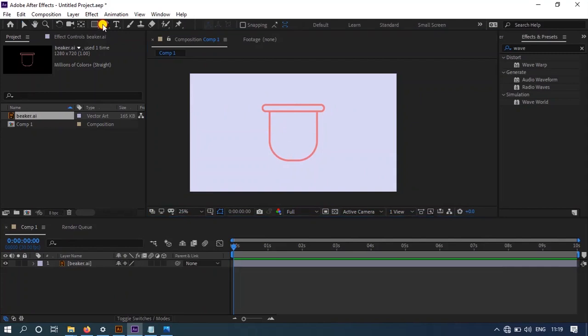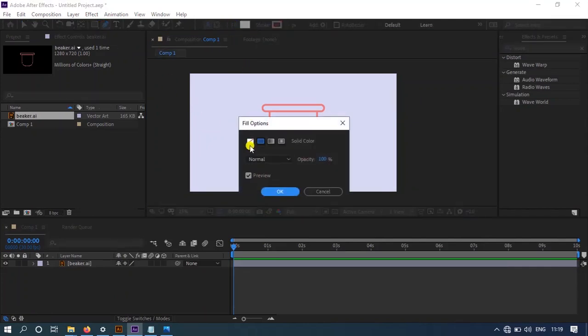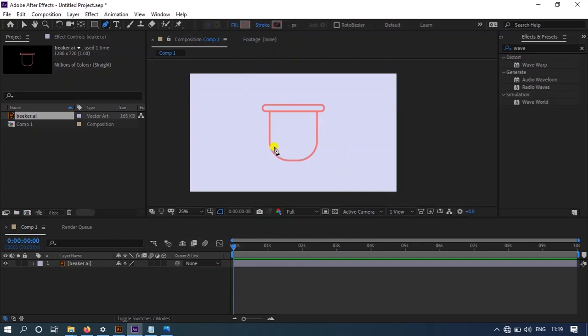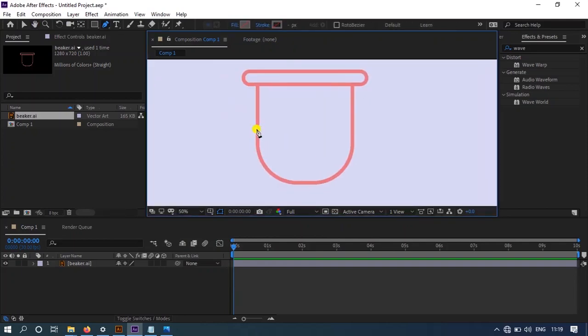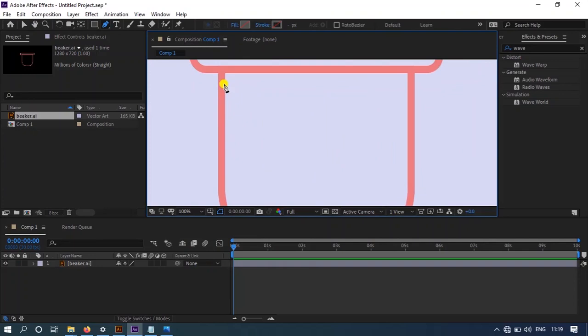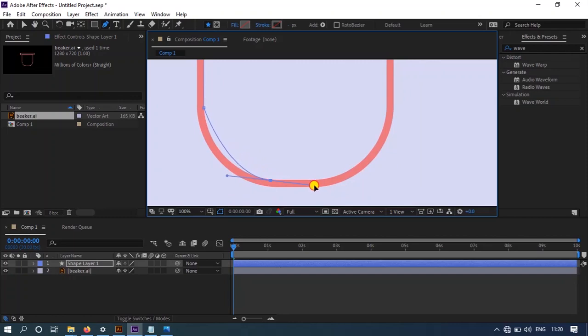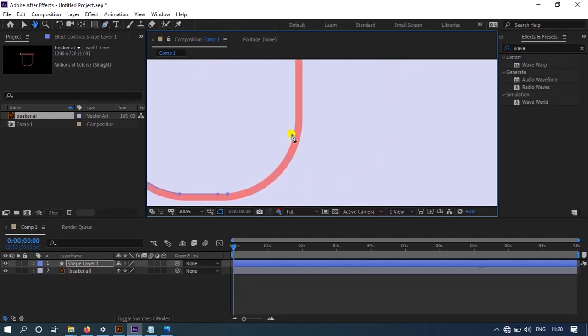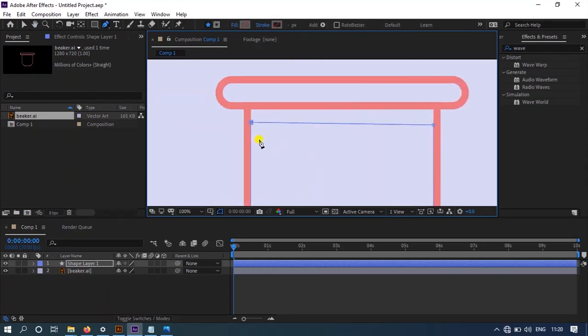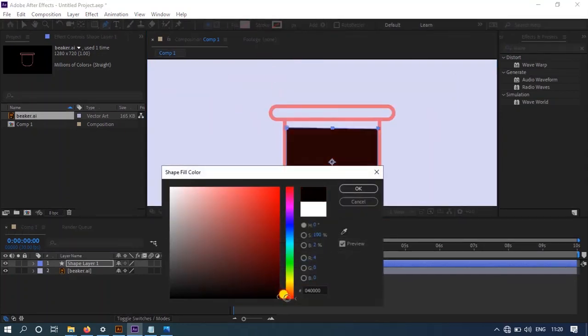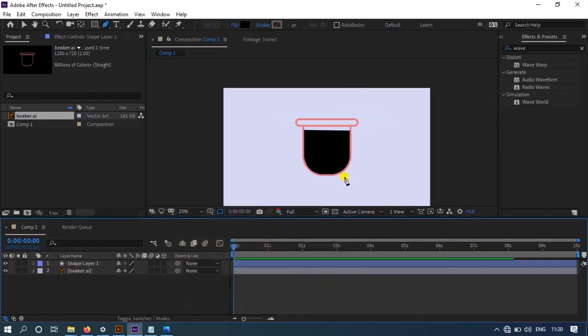Select the pen tool and close the fill and close the stroke. Now let's create a shape. Now choose any color and change the name of this layer, and you can change the color.